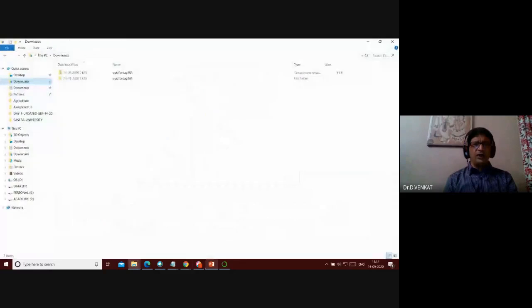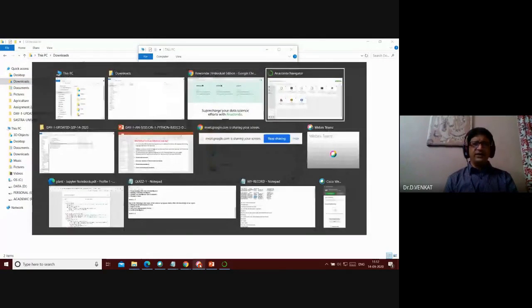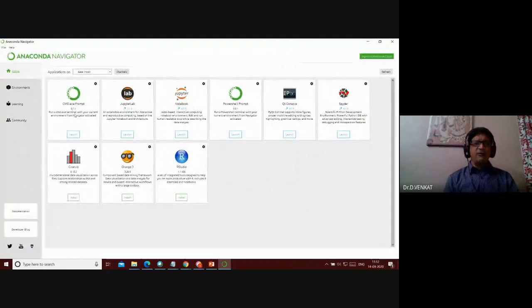So I hope all of you are having this, right? If you have this, I will quickly tell, this is a command prompt. As Mr. Ranganath said, this is a comprehensive tool, a studio. From this studio, you should be able to work with AI, machine learning, data mining programs, or anything related to data analytics. For example, this one is just executing the command prompt.